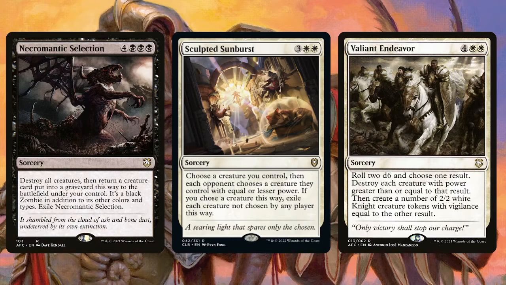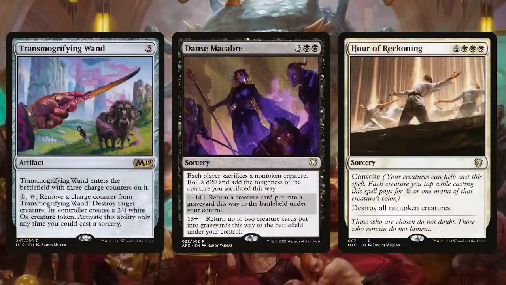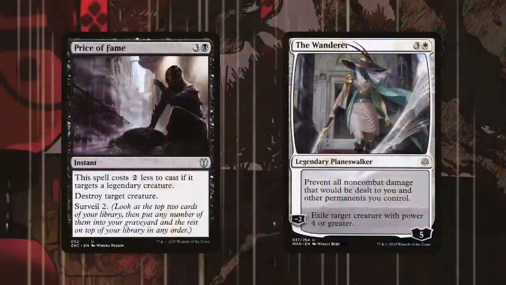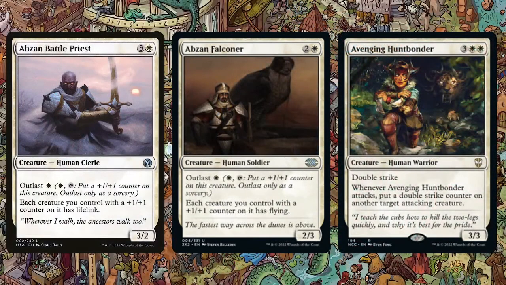If you choose a creature this way, exile each creature. Sculpted Sunblast is actually an exile. So the cheapest one would actually be Hour of Reckoning. So technically your creatures have vigilance, so you could potentially cast Unbreakable Formation, attack, and then tap them down to the Convoke spell. Finally, we get into our creatures, and these creatures care about +1/+1 counters, and then Avenging Hunt